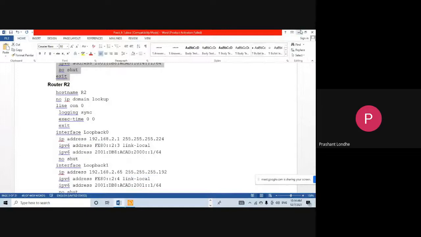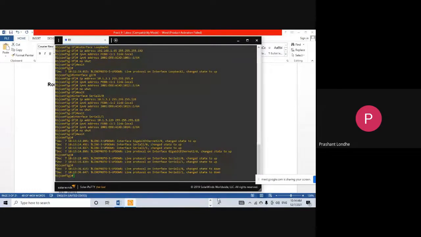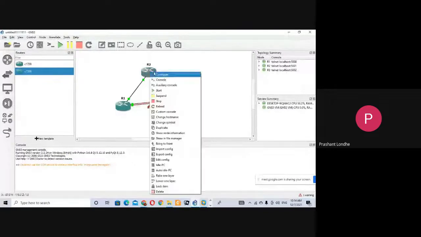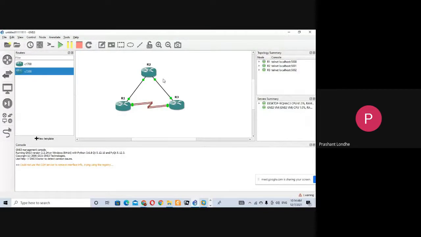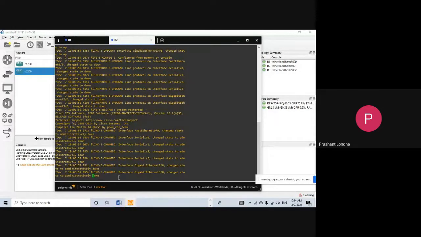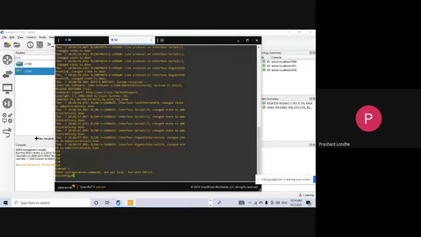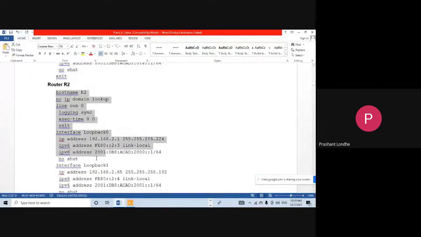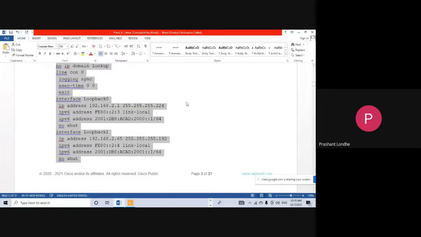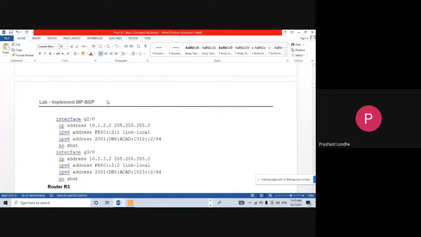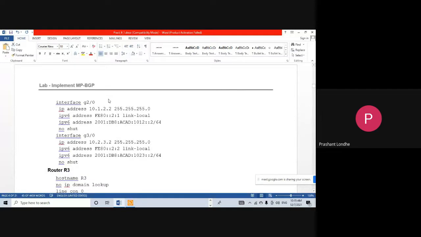Fine. Now we are done for the R1. Now you can do the same thing for R2 and R3. So let us do. We can copy all the commands because here for R2 we are supposed to set 2 loopback interfaces and 2 GigabitEthernet interfaces. We don't have any kind of serial connection over there.